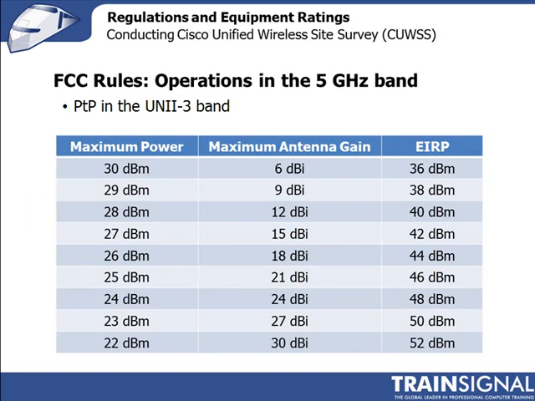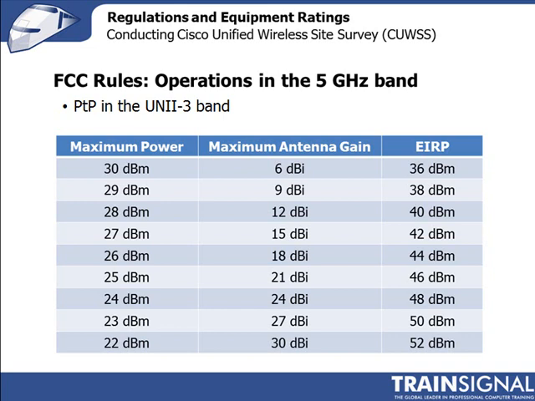So just to show what's possible in an outdoor environment if you're doing a point-to-point, like between two buildings using directional antennas, you can see here I'm using the 3-to-1 rule. I start off here with 30 dBm as my transmit power and a 3 dB antenna, getting to my maximum ERP of 36 dBm. And then as I increase the antenna in chunks of 3 dB, I have to reduce the transmit power by 1 dBm, but you can see I can get up to 52 dBm in terms of the ERP, maximum radiated power. In fact, the maximum ERP that you can get up to in the Uni 3 band is 53 dBm in